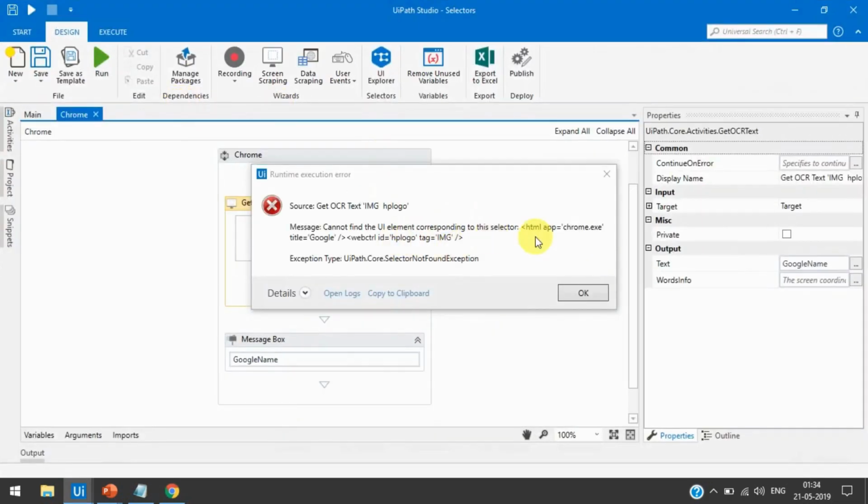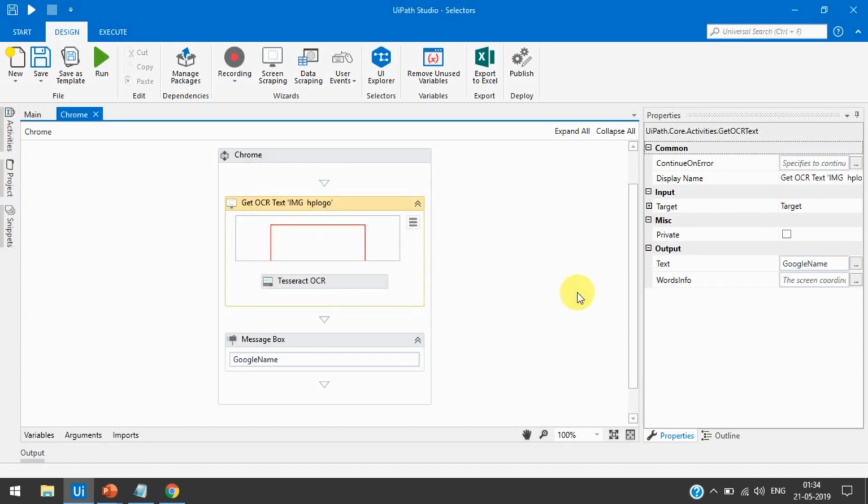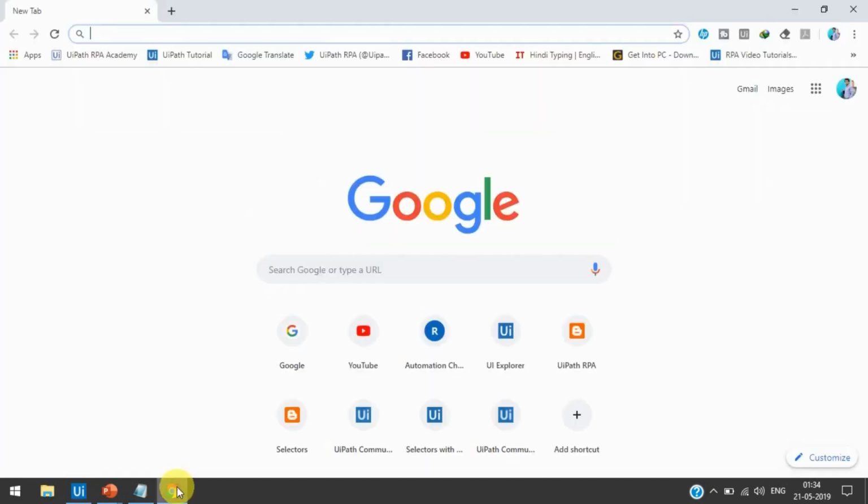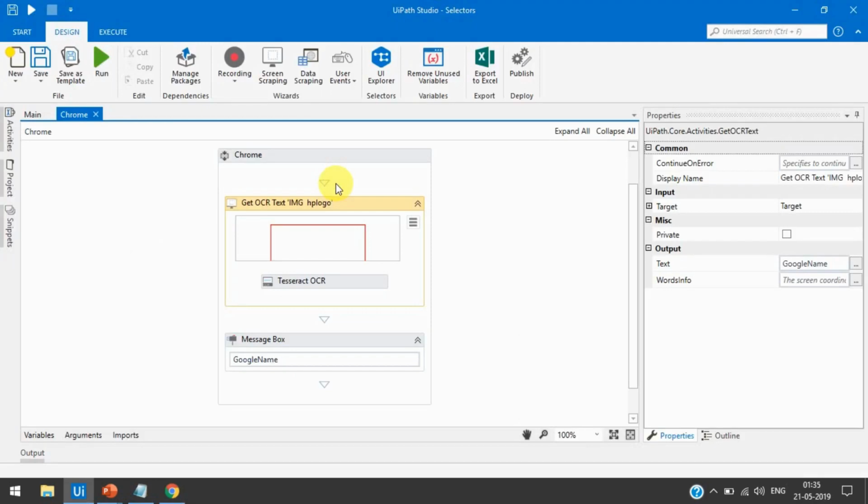Now you can see here we have got the error: cannot find the UI element corresponding to the selector, like title equal to Google and ID equal to HP logo and tag. So these attributes, these values did not match, or this is not available, that's why we got that error, right? If you are getting this type of issue, then we always need to keep that screen open and then run, and then we will not get the error.